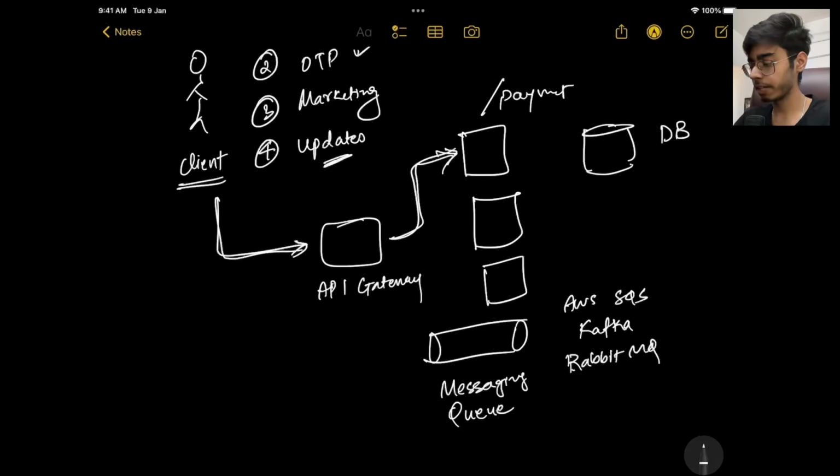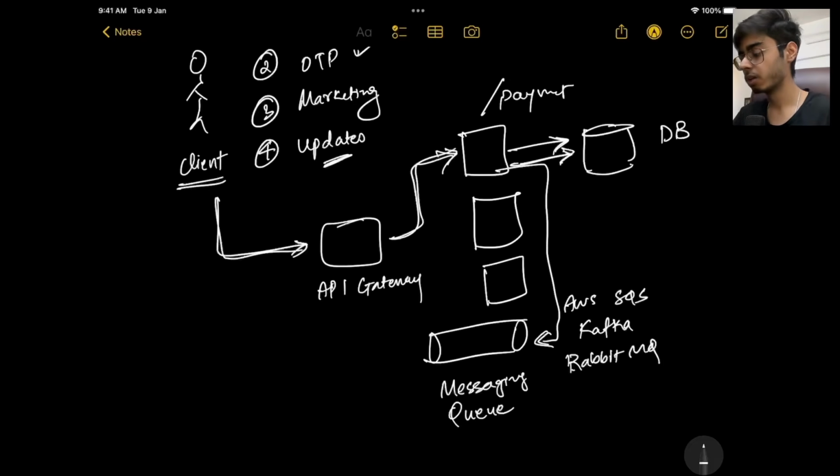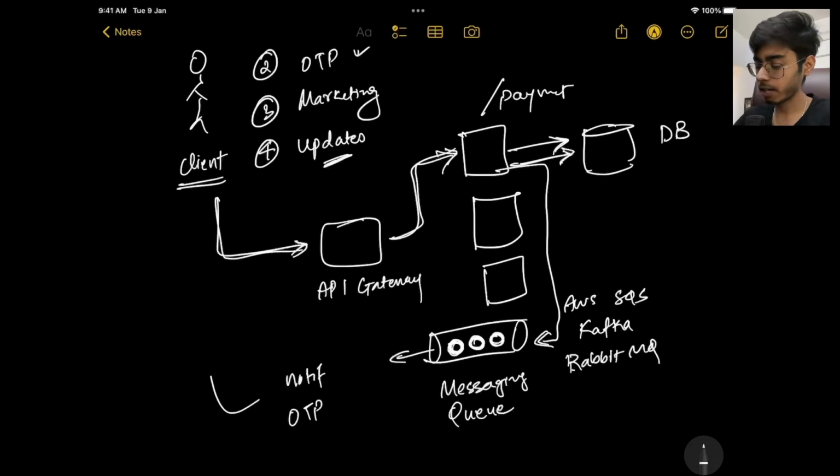So the service will say, hey, we need to send a notification. So it will save the payment data in your database. It will save the data of the notification in your database, and a trigger will go to your simple queue service queue, right? So in the queue, there will be an event that, hey, Akshit has paid and he needs to be sent a notification. Similarly, tens of thousands of people would be paying at the same time. So similarly, it is going to start entering your queue. As you know, in a queue it is first in, first out, so it will just pop one element, and hey, this is a notification to Akshit with the metadata. This is a payment notification, or this is an OTP notification, and it will directly go to the client.